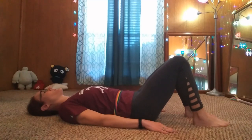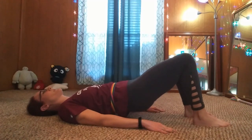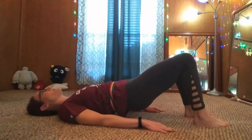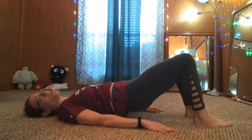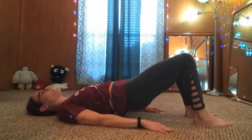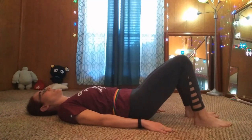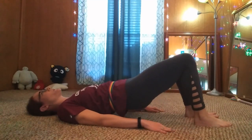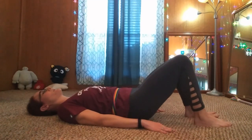Inhaling through our imprint, and then exhaling, curling that spine up. And we'll inhale here to hold, and then we'll exhale, pulsing up for 3, 2, 1, and then we'll inhale to hinge and lower to a hover, and then exhale, squeeze back to lift to that bridge shape. Inhaling just to hinge and lower to a hover, and then exhaling to squeeze and lift. Last one, inhaling to our hover, and then exhaling